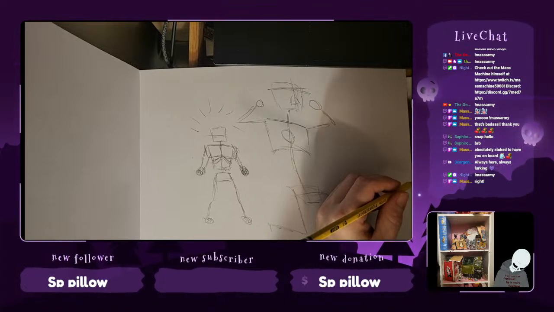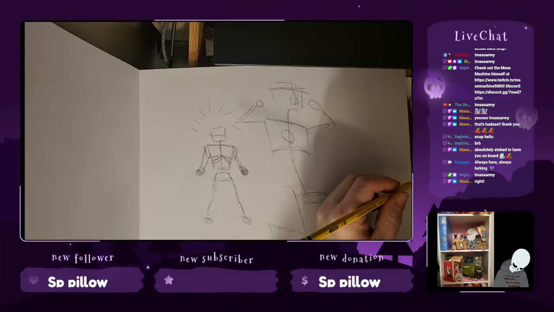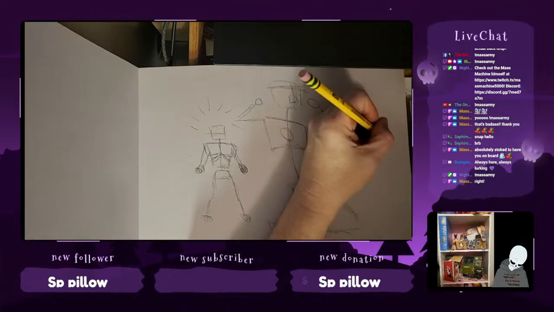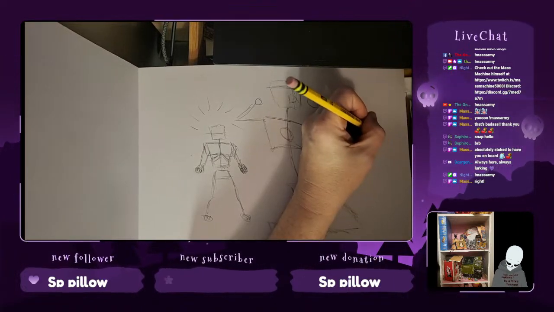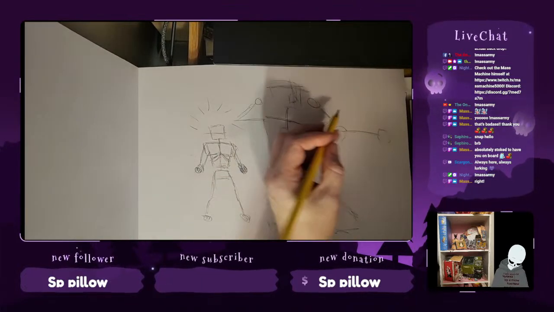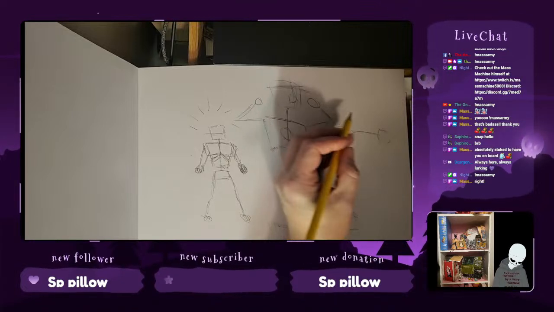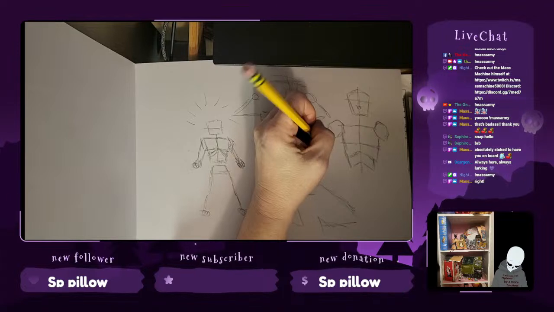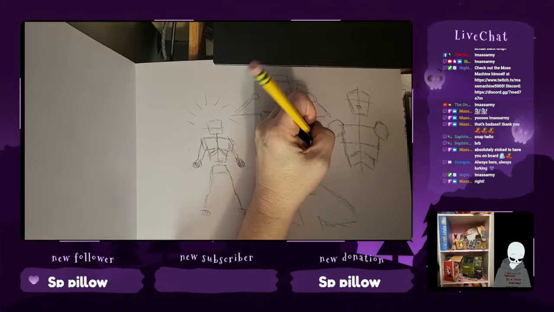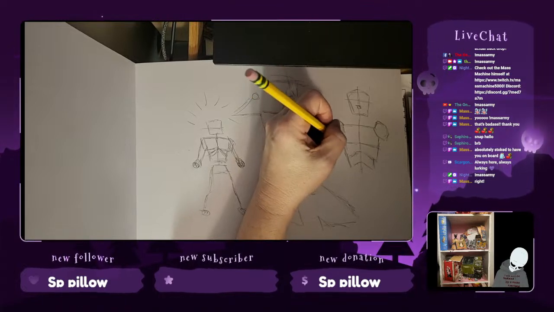That might be a bit too far apart actually, because I'm looking at the way his arms are shaped, and they're so big they come really close to his body, a lot closer than you would think. So it's much more of a downward angle here.